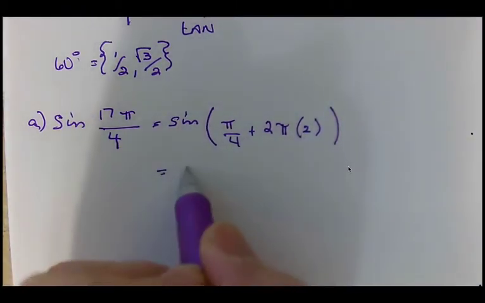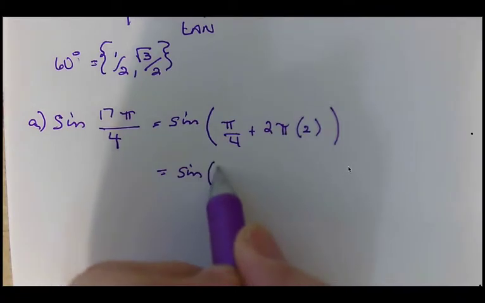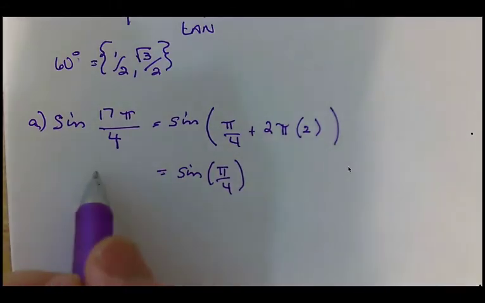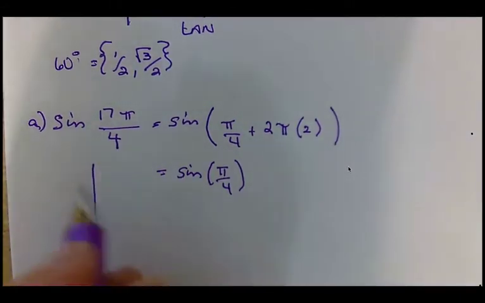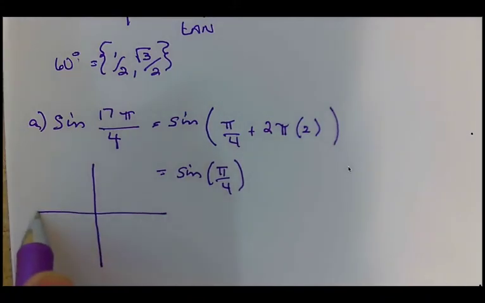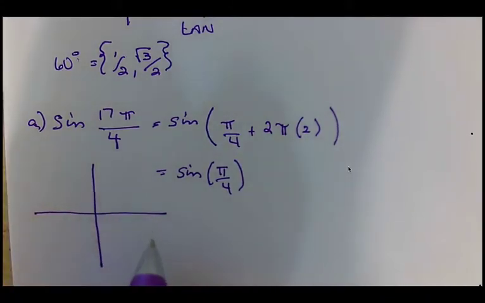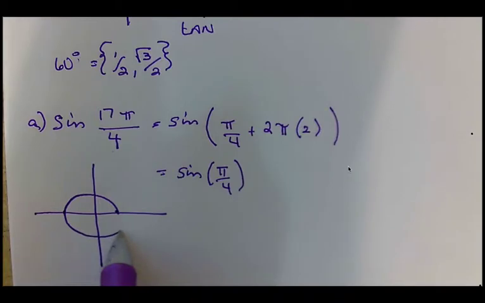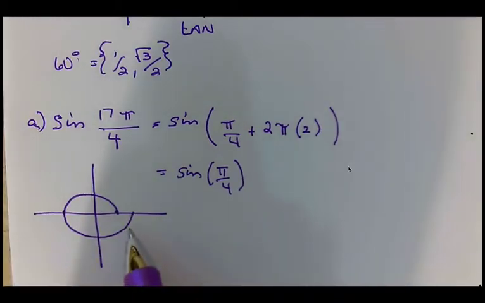Is the same as saying sine of pi over 4. Of course, I'm going to draw this out so you can actually see how this works. We started here. We went, that's 4 pi over 4, 8 pi over 4,